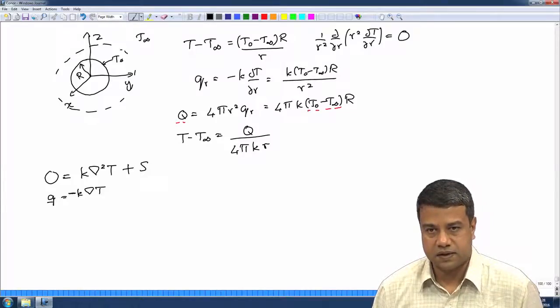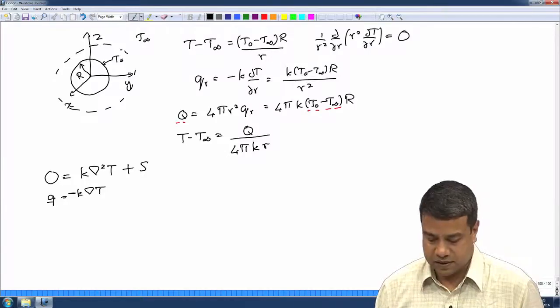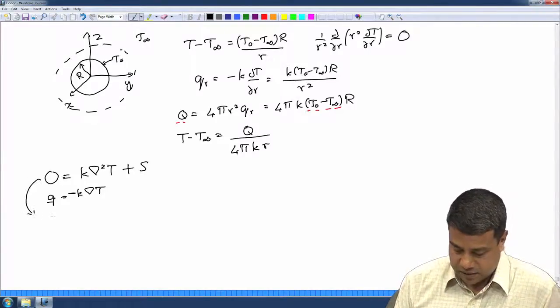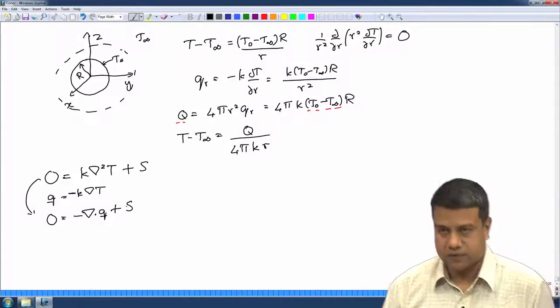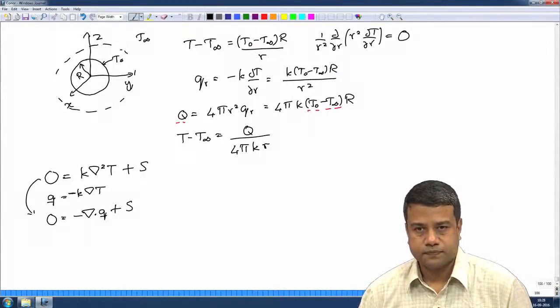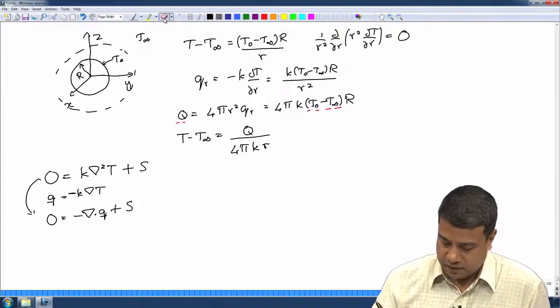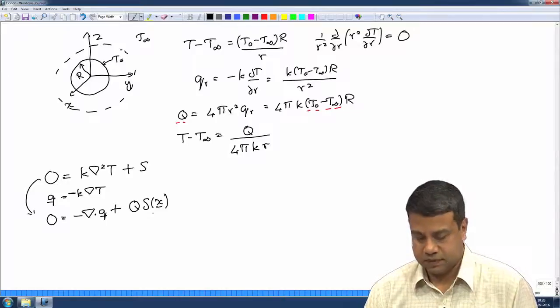So, I can also write this equation as 0 is equal to minus the divergence of Q plus the source. I have just rewritten the heat conduction equation. Now, if I were to assume that this source is equal to Q times delta of x vector,